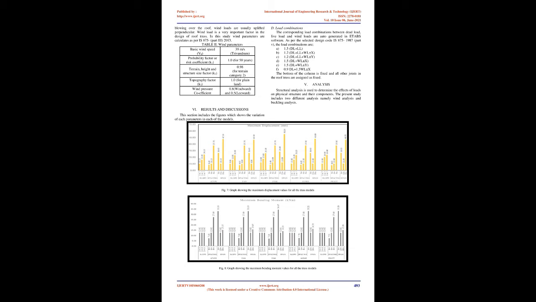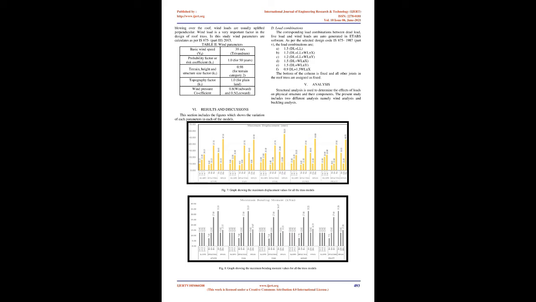875-1987, Part B, the load combinations are: A, 1.5 DL and LL; B, 1.2 DL and LL and WL plus or minus X; C, 1.2 DL and LL and WL plus or minus Y; D, 1.5 DL and WL plus or minus X; E, 1.5 DL and WL plus or minus Y; F, 0.9 DL plus 1.5 WL plus or minus X. The bottom of the column is fixed and all other joints in the roof truss are assigned as